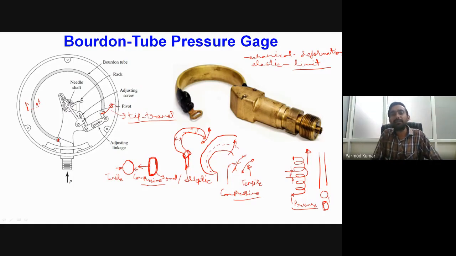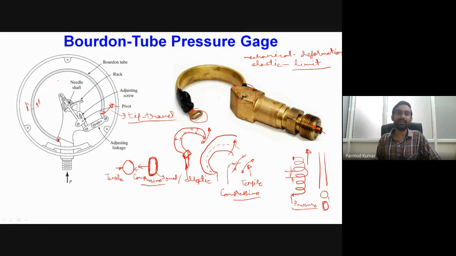Okay, now one typical example is shown over here. You can see we have one metallic tube, and here we have a very small capillary, and through this capillary the flow of fluid will happen inside. This portion shows where our Bourdon tube is welded to this particular section over here, and then this is the structure of the Bourdon tube, and you can clearly see that the cross section of the Bourdon tube is elliptical. Okay, and this is the tip of the Bourdon tube, which is then further connected to the mechanism which will show us the reading over the scale.